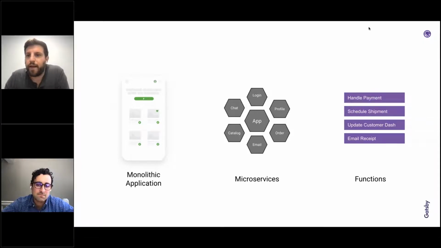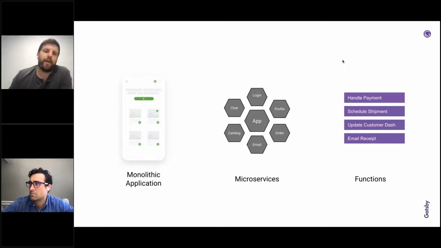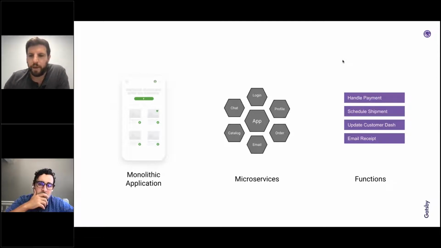And then really next we have functions and functions as a service. I think this is the last frontier here, where each individual kind of piece of functionality, so sending the email, not just the entire email client that was reading off a contact list and then had the chat widget. This is individual functionality. So handling the payment, scheduling each individual shipment, updating a customer dashboard after that. These are all granular functions. And you'll see from Joel's demo that it all is run on the front end